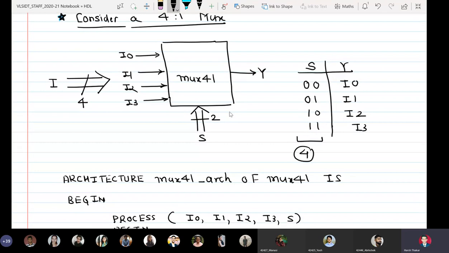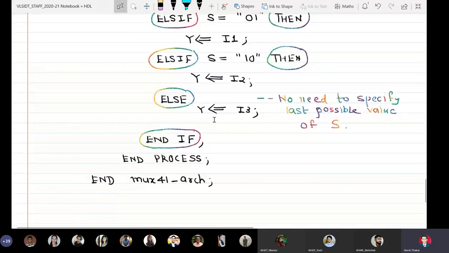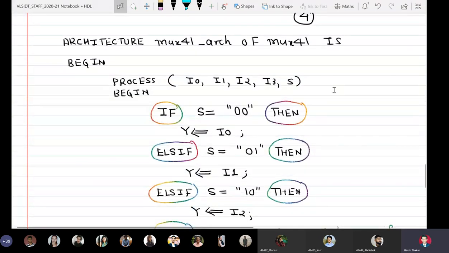Another possibility is that I could have defined the select lines as S1 and S0. But the problem is that if I define the select lines as 2 separate signals and not as a bus, I have to write a modification here. I will tell you what I have to write.